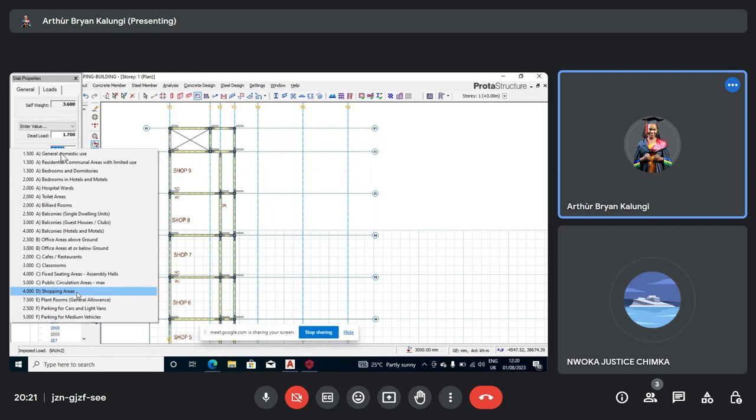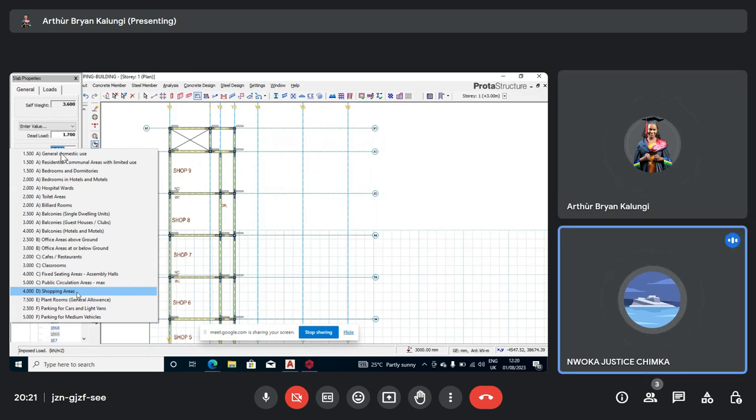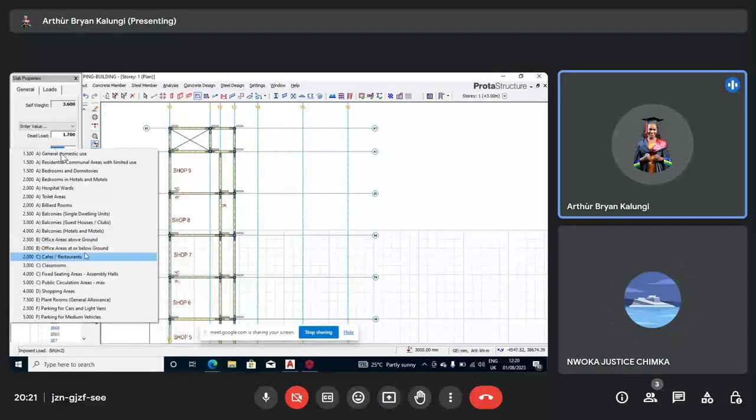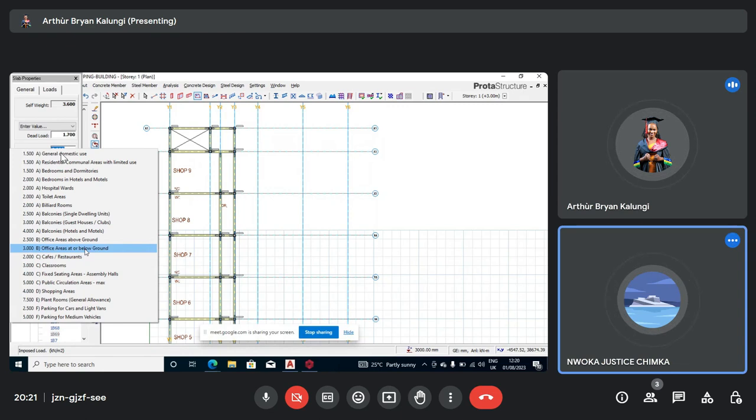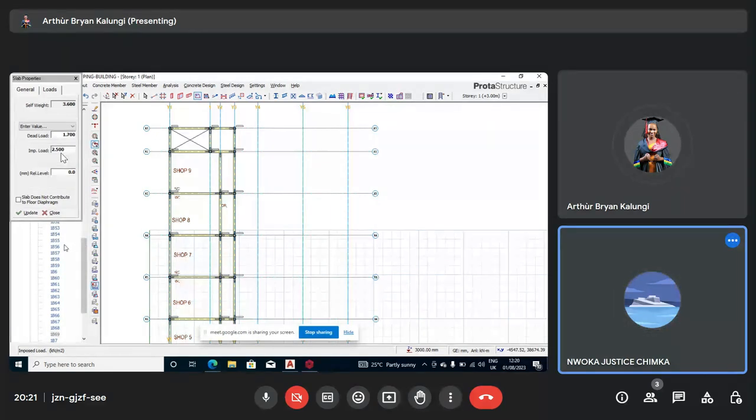We used to use office area as a similar type of load. So choose office area. You can see office area there. Use the one above, 2.5, because 2.5 is the load. So right now, this is the only thing you have to put, and then begin to click on the